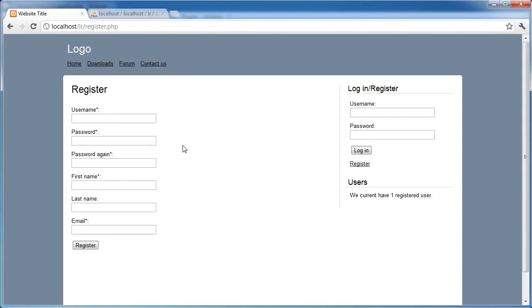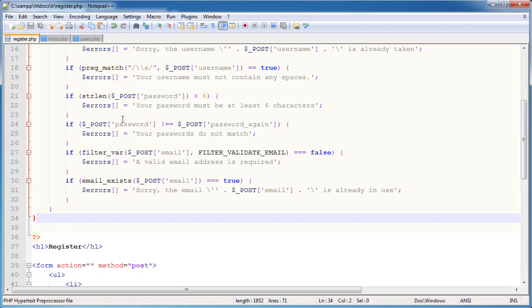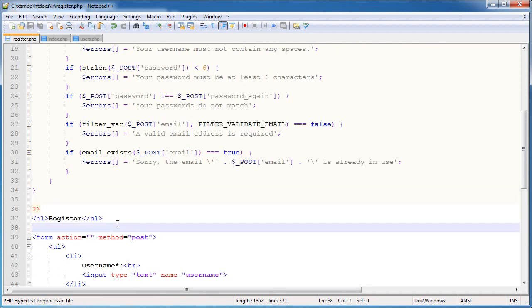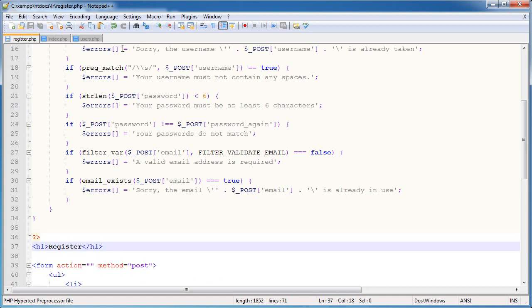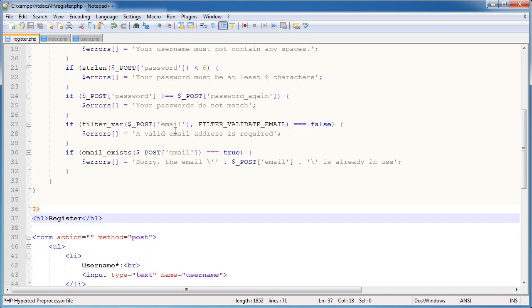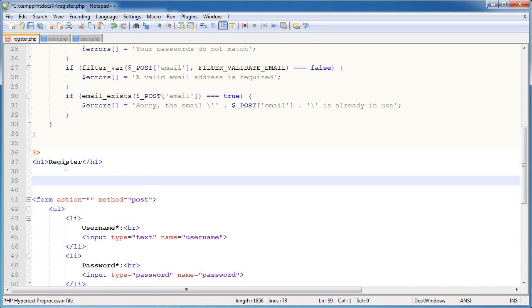I'm going to go ahead and just refresh this page, get rid of everything, click register. Obviously nothing happens, but we should be showing some errors. So how do we do this? Well, I'm going to come down here and actually output stuff down here rather than output stuff in the header. So remember, all my logic's up here, and then just under the header, but before the form, I want to